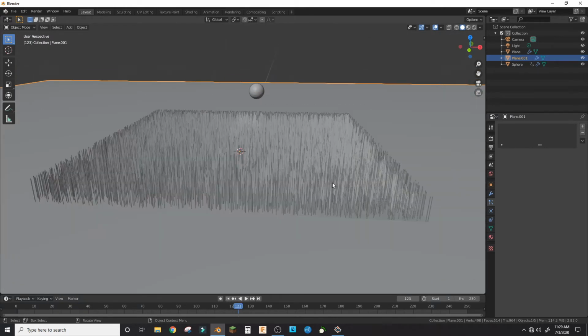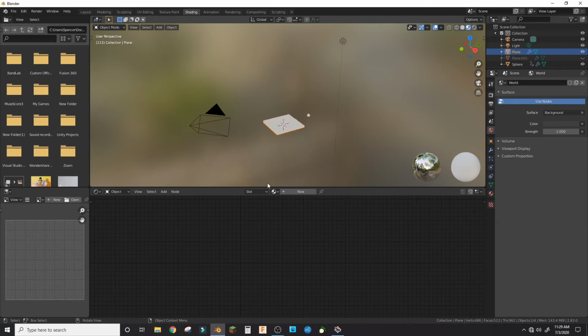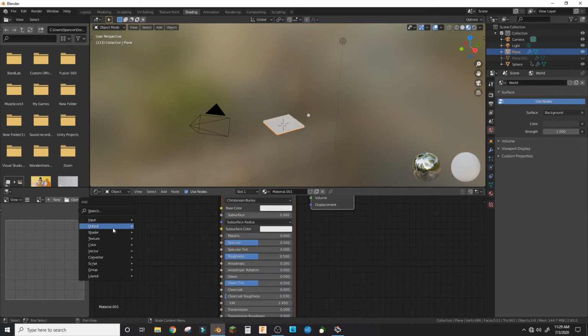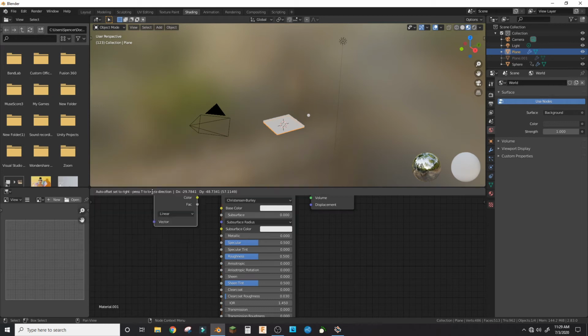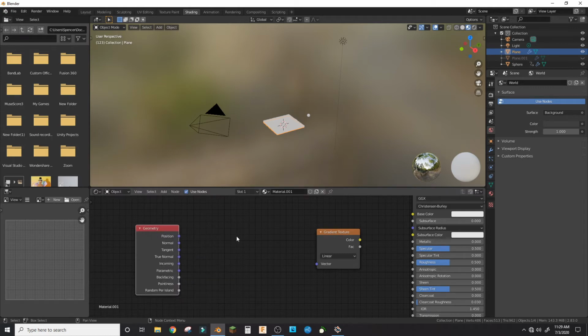Time to shade it. You can hide this plane, it doesn't need to be in the render, it doesn't do anything. To shade this, you can make a new shader and make a gradient texture, make a geometry node with separate XYZ,